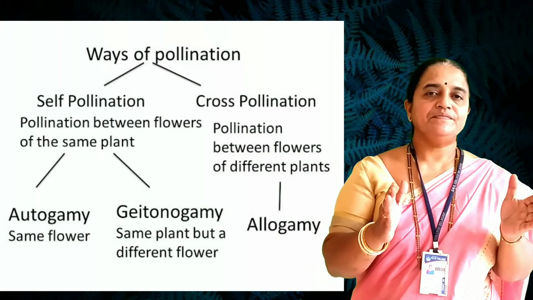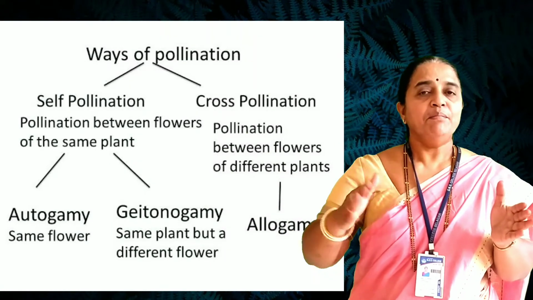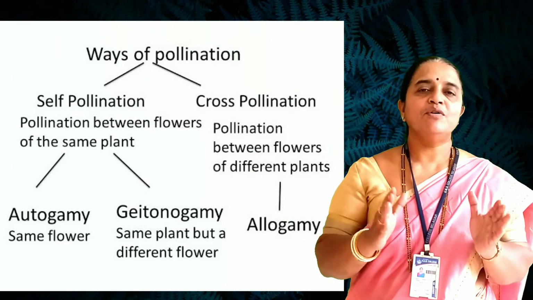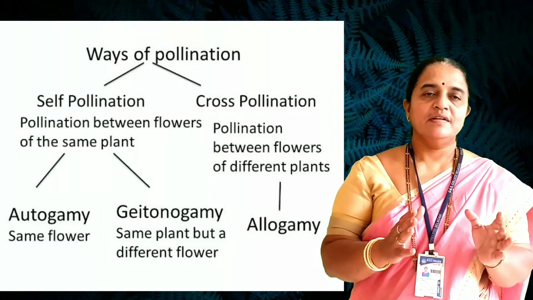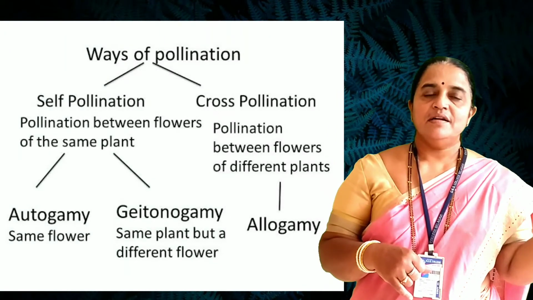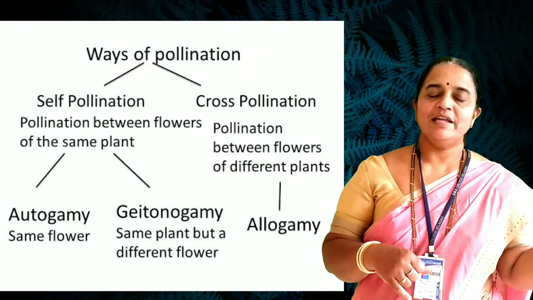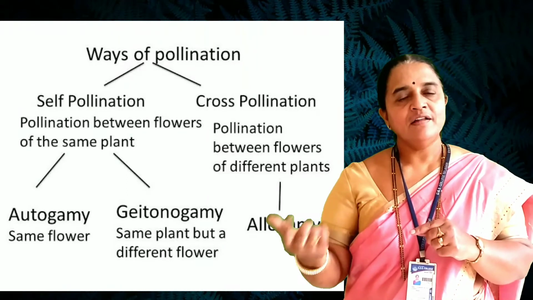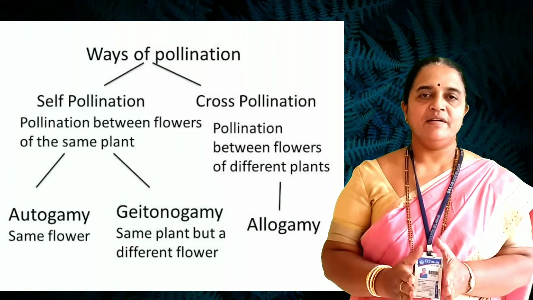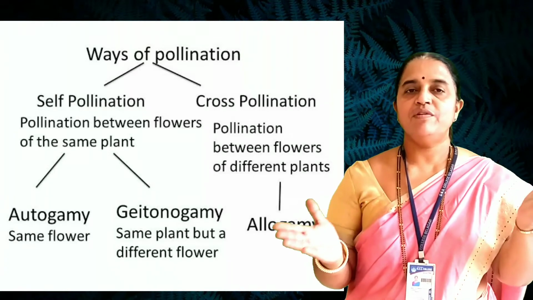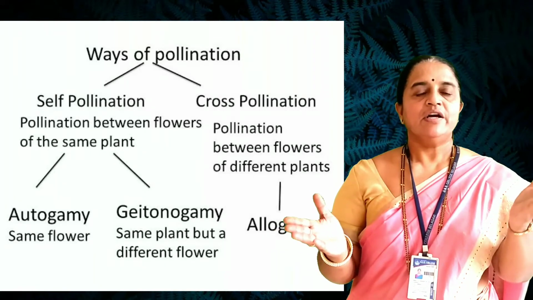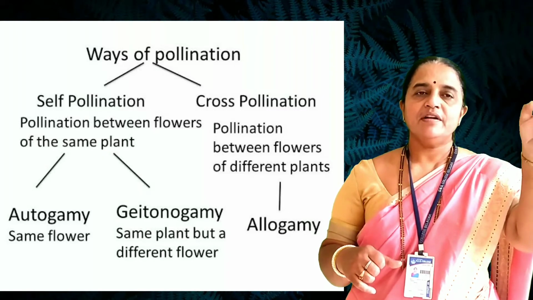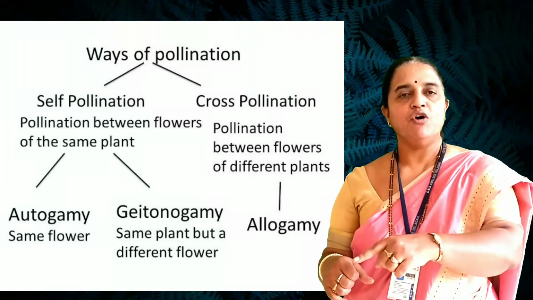In geitonogamy, though it mimics cross-pollination, it maintains homozygosity, because here the transfer of microspores or pollen grains occurs from the anther to the stigma of another flower growing on the same plant. So the plant is the same, but two flowers are involved in pollination. If a twig of the plant has two flowers, from flower A the microspores are dropped on the stigma